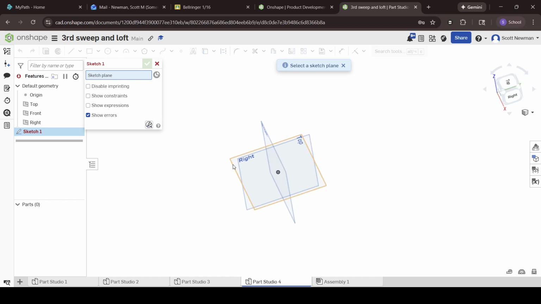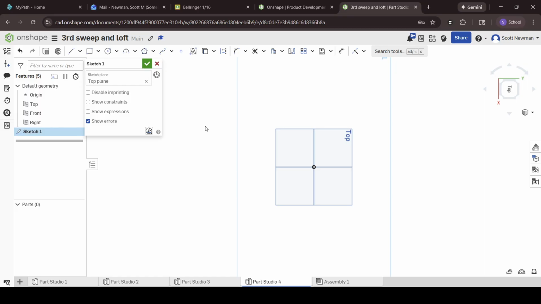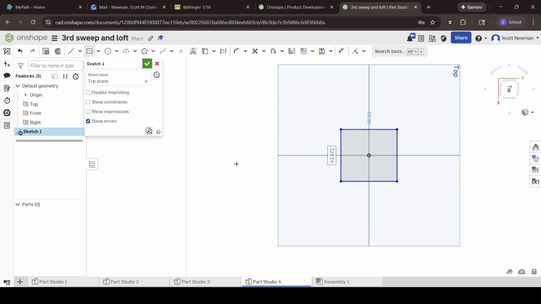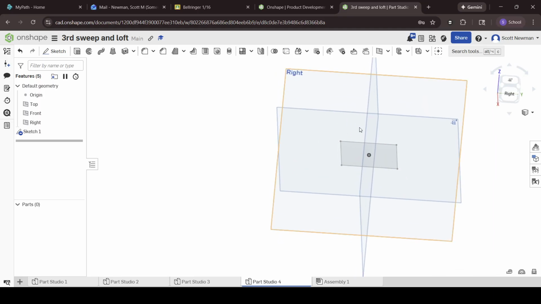So the first thing you need is a shape in a plane. So I'm just going to start with a center point rectangle. Now remember, you can use your N shortcut key to change your view to the sketch. Now we're going to loft this and it will change into a different shape. So we need something up here